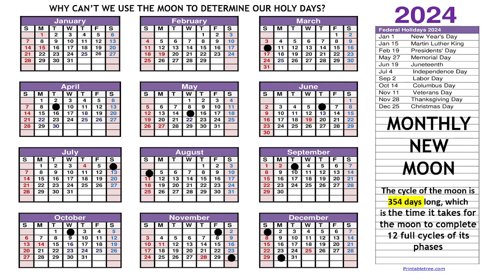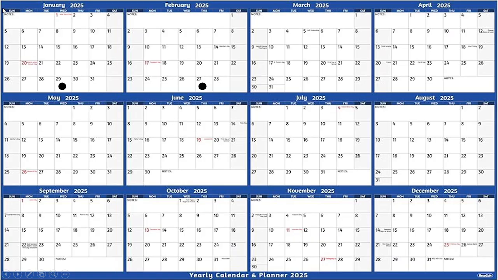Even the book of Jubilees tells us that if you observe the moon, how it throws the calendar off. You have 12 moons here on your screen, and you don't even have 12 months yet. Let's see how many are remaining for the last 2 months. We have one in January on the 29th and one in February on the 27th. So that means if we use the moons over a year from March 2024 to February 2025, it's a total of 14 moons. That would be 14 months in a year.